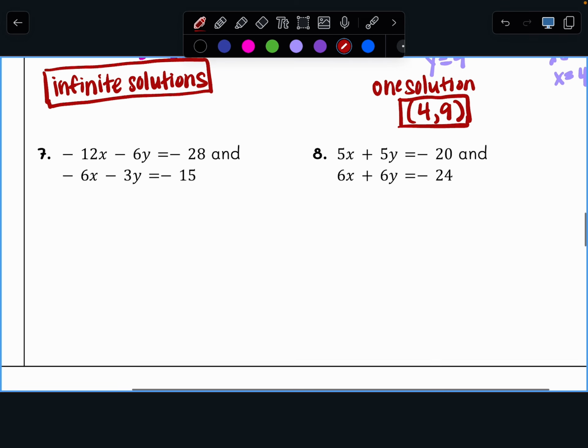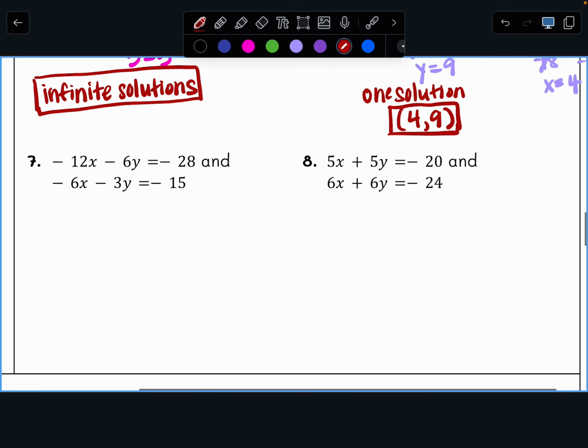Two more examples. I have two equations again. Both are in standard form, so I want to use elimination, but I need to multiply one of them so that one variable will eliminate. So if I multiply the second equation by negative 2, that will give me positive 12x. So 12x